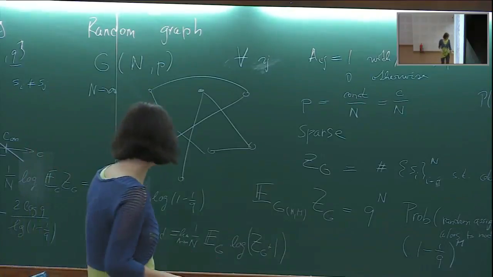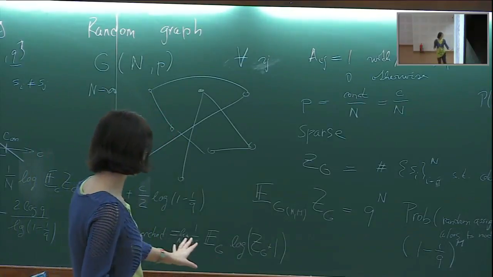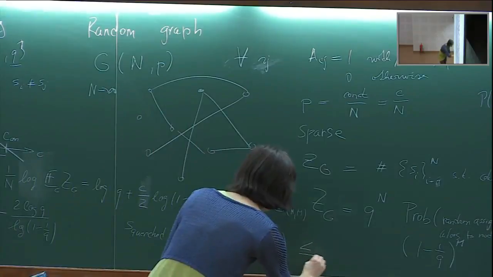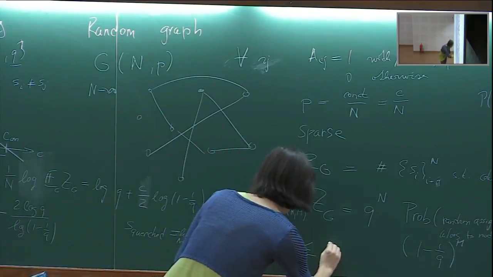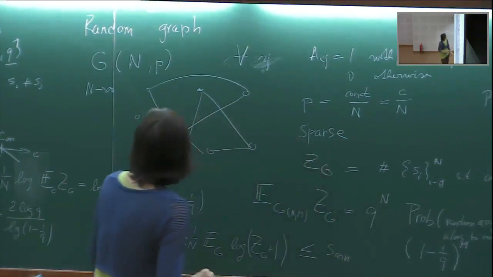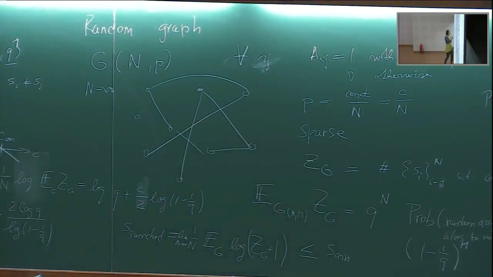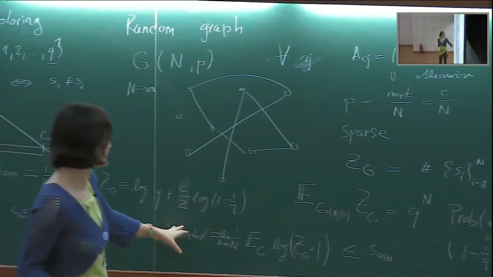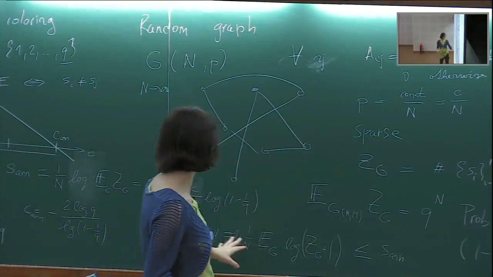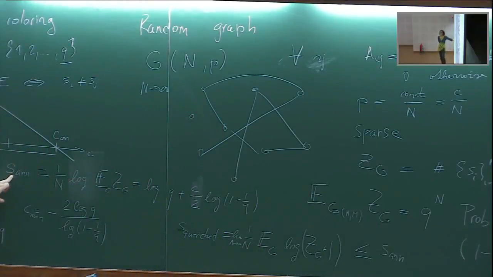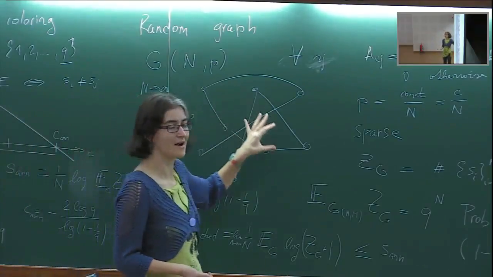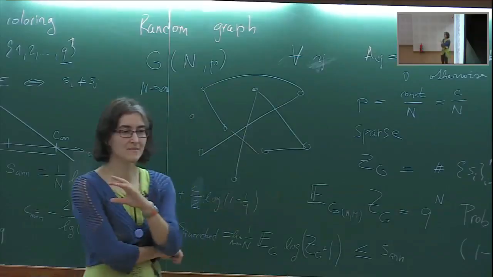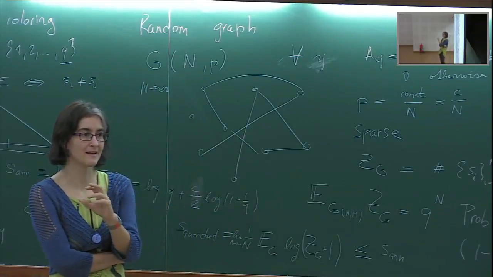In general, it does. All we can say is that this quenched entropy is smaller or equal to the annealed one. So if I go to my picture, all we can say is that the quenched one must be somewhere below. It might be equal, but we don't know. A priori, it doesn't have to be equal. What can happen so that it's not equal? What can happen is that this annealed entropy can be positive while it can still be that the typical graph has no coloring, but we have some rare graphs that have very, very many colorings.